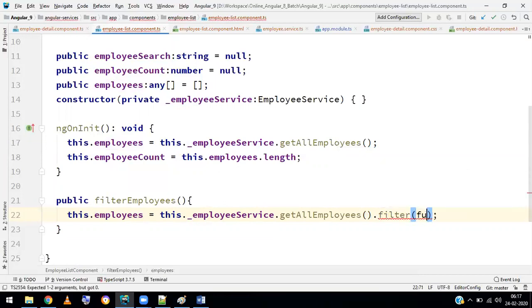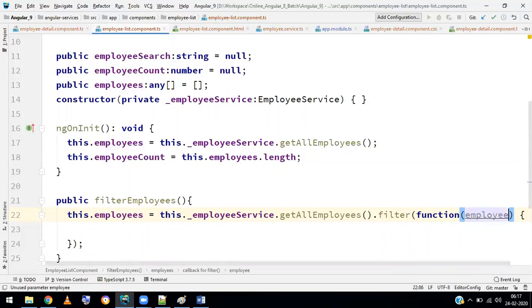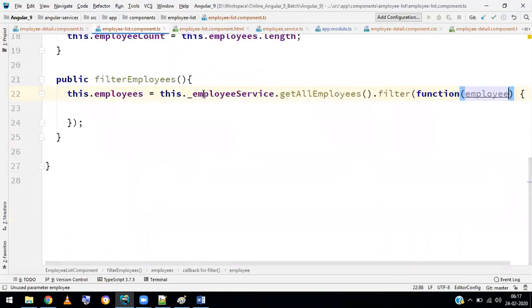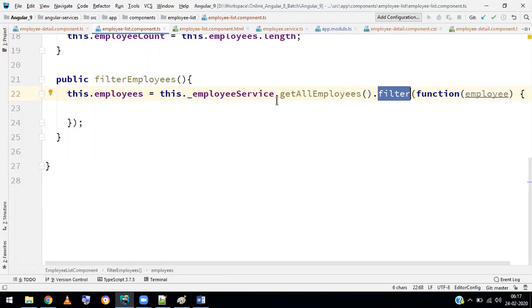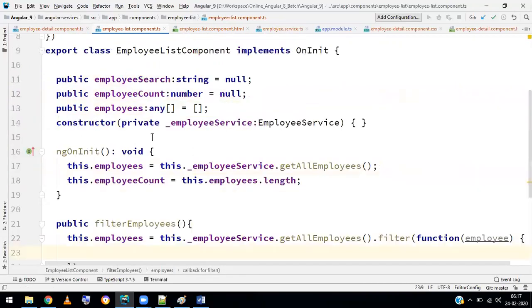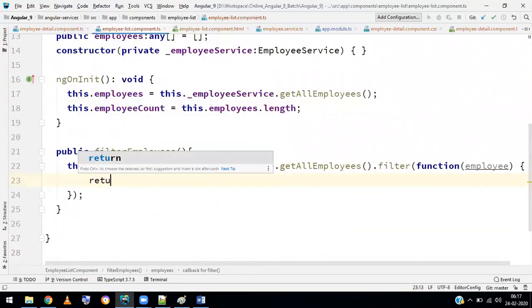In this I can have a function. Here you get each employee. When I filter all employees, I get each employee object. In that you can make a condition. The condition depends on the employee search. So I have to return